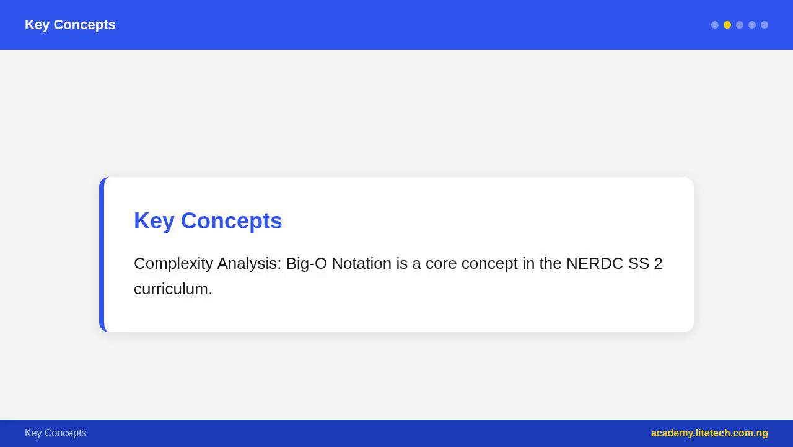O(n²), quadratic time. Time grows as the square of input size. Doubling n makes the algorithm 4 times slower. Example, bubble sort, selection sort, insertion sort worst case, nested loops each going 0 to n. O(2ⁿ),